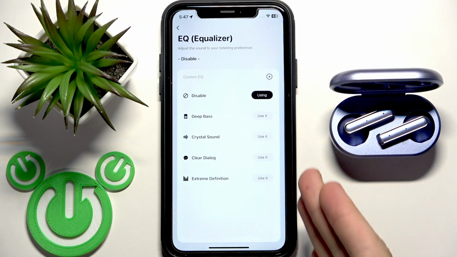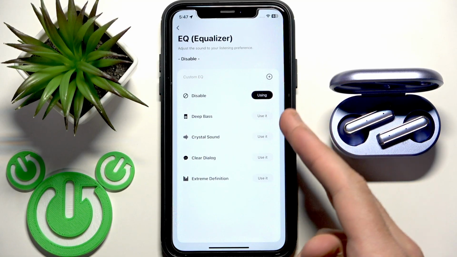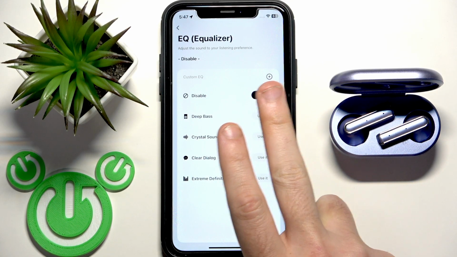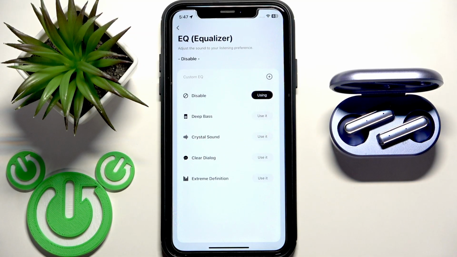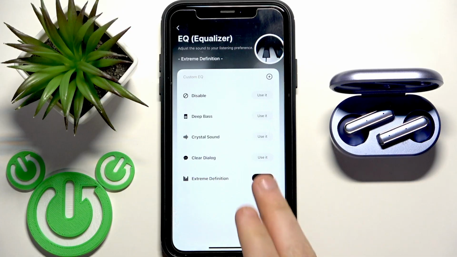and here are the presets that Energy System offers us. So here are 4 presets, and we can also create a custom one, and you can use a custom one if you made it. Now select the best one for you. Let's say I want extreme definition. Tap on the button at the right side, or if you have Android, on the line,